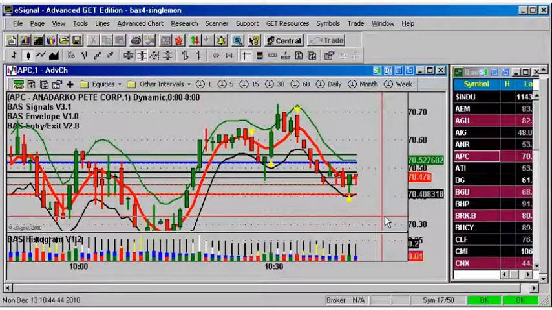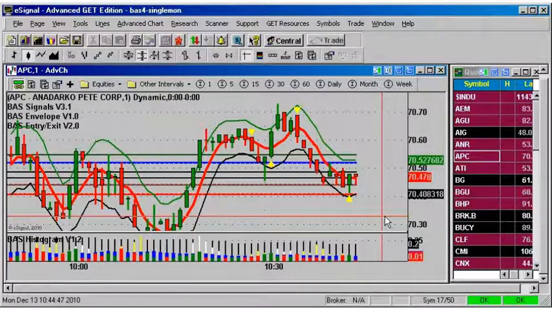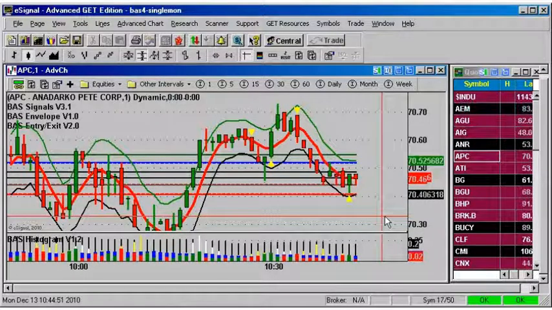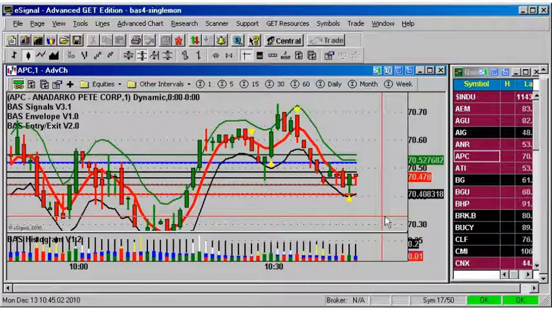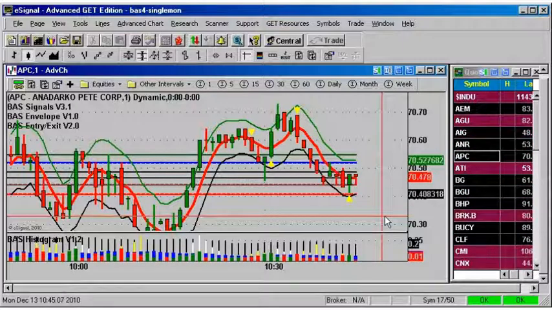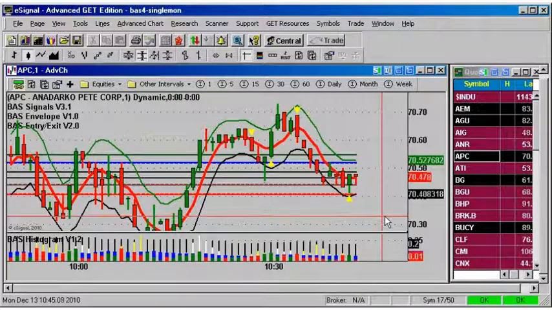So these files can only run about 10 minutes. So we'll see if we get another signal, or at least we'll see how this signal does. It's an up signal, multiple bar up signal. So that says between one to 5 bars, the signal should go up. The price of the stock should go up. So we'll see